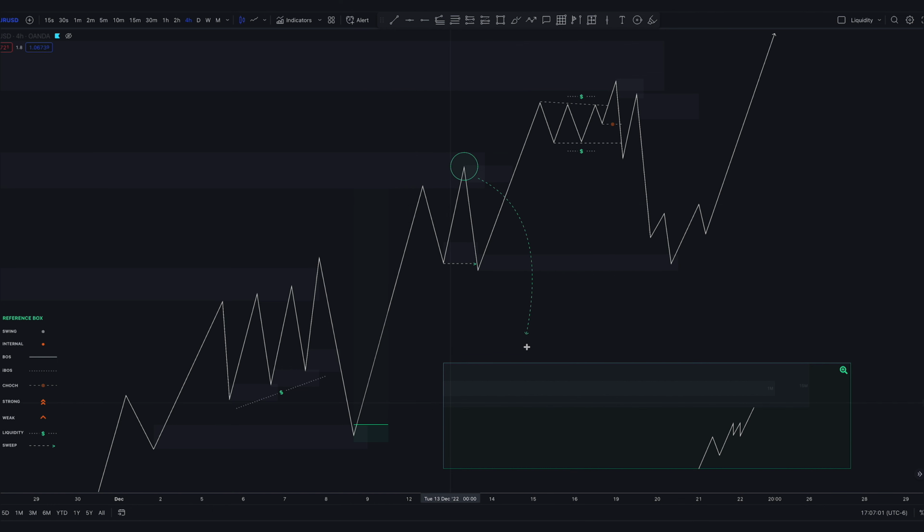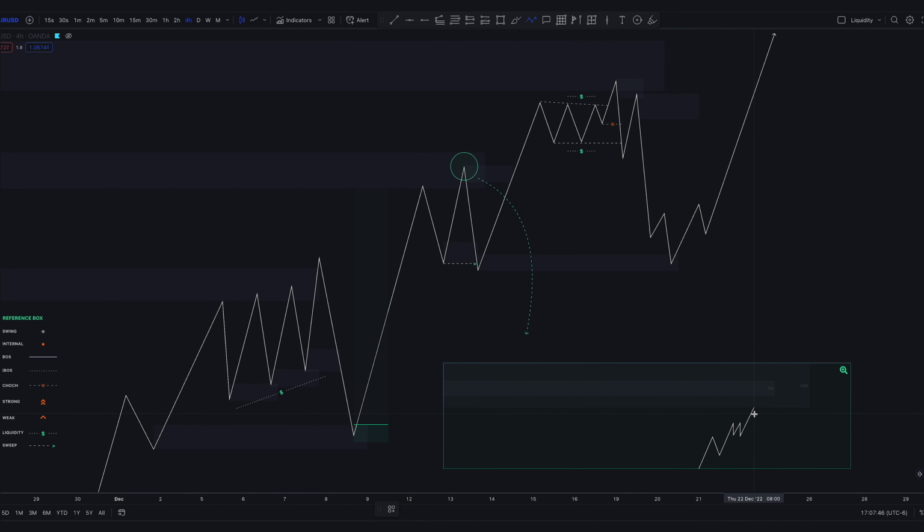Okay, boom. So now we had a mitigation, first reaction to that supply, then it came here, it made a fractal break to the upside. Okay, and right here, so now we're looking at inside of this 15-minute zone with a 1 minute supply inside of the 15-minute zone, correct? All right, so as price pushes higher here again, it's going higher. So this is what you're gonna be seeing on the 1 minute. All right, so like you see this first